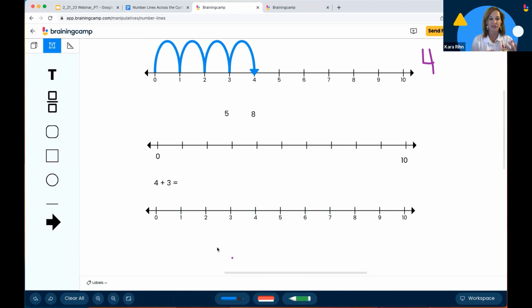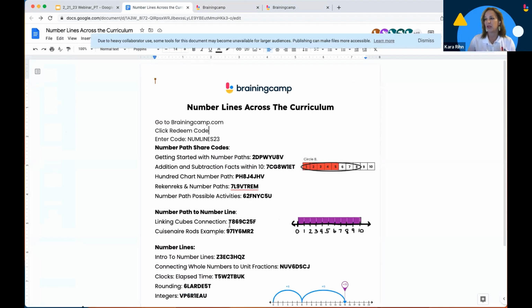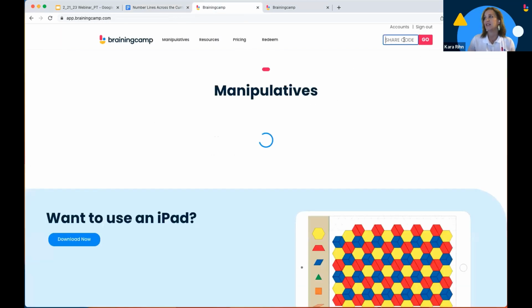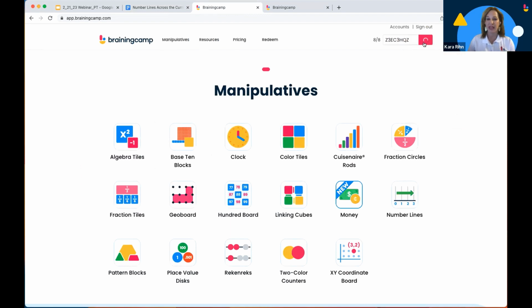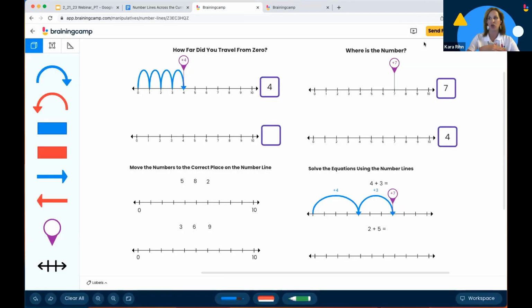And so that's kind of just the beginning of it. This number line connection here, or I'm sorry, introduction to number lines is going to give you a lot more. I just wanted to show you how I created it. So be sure to check out the share codes on that handout, because it's going to give you lots of different ideas. Maybe that's already better and looks all nice, and they're ready to go and ready to use for